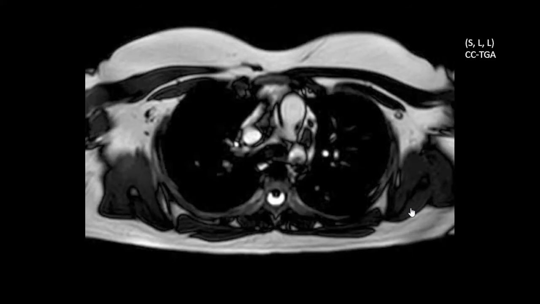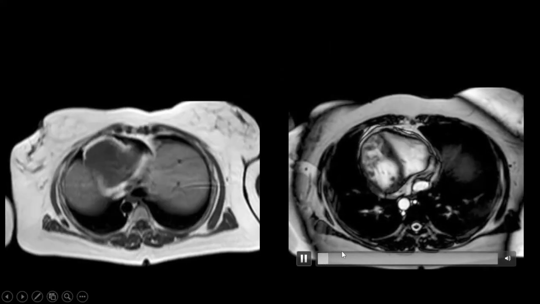This is called a case of congenitally corrected transposition of great arteries, where though the flow is correct, the aorta is arising from the right ventricle, which makes it the systemic ventricle, and it's prone to failure in the long term, causing morbidity and mortality in these patients. Let's see the next case.